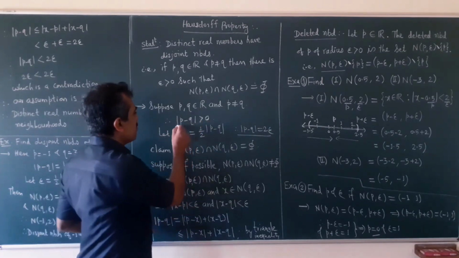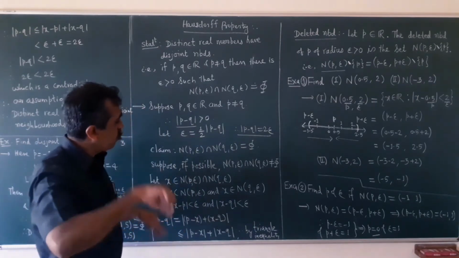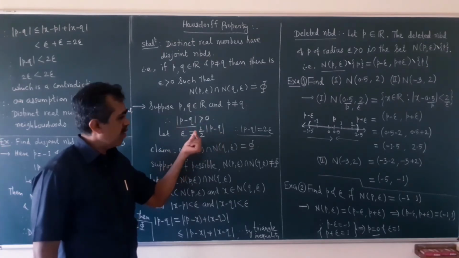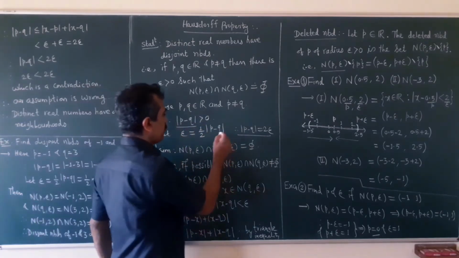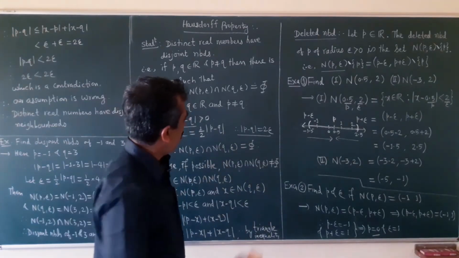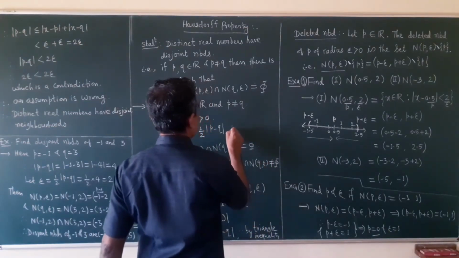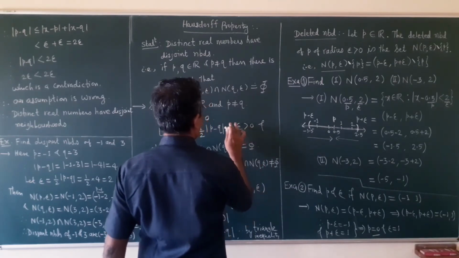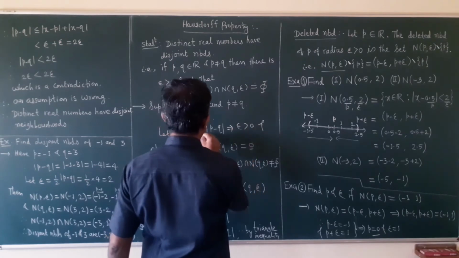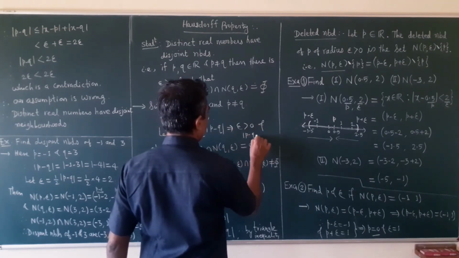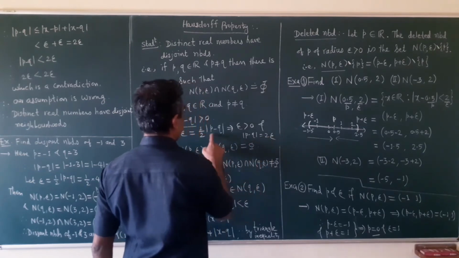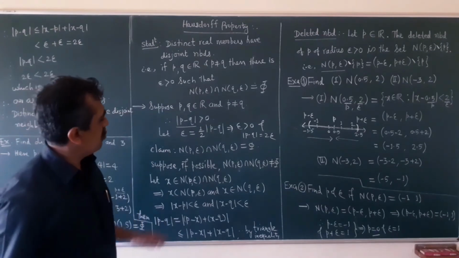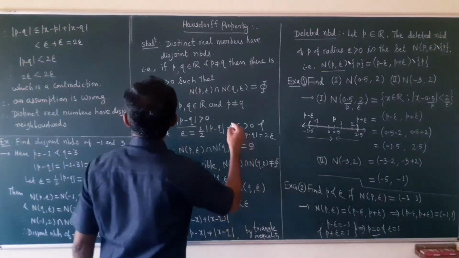Okay. So as this is greater than 0, what I will do is choose half of this distance as epsilon. So definitely epsilon will be greater than 0. Therefore epsilon is greater than 0. And what is mod of P minus Q? Take this 2 to the other side. So mod of P minus Q is 2 epsilon. So what I am choosing is epsilon as half of the distance. Okay. So see here.